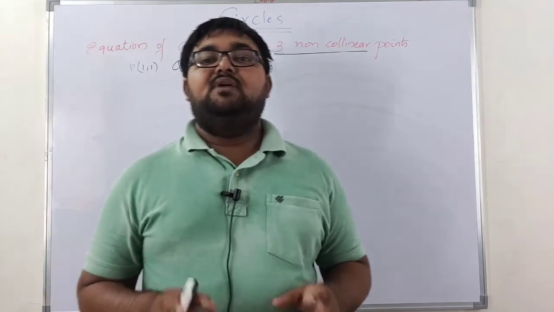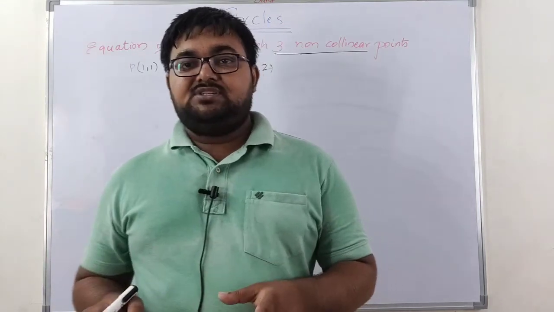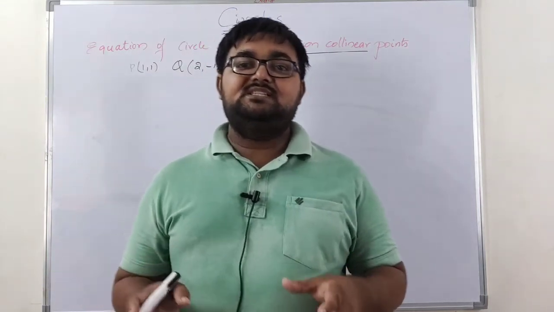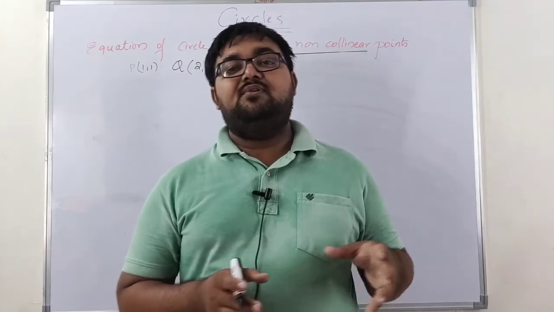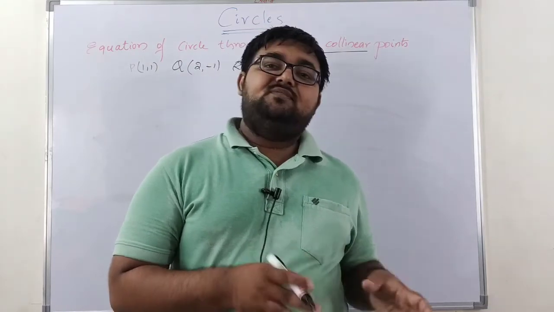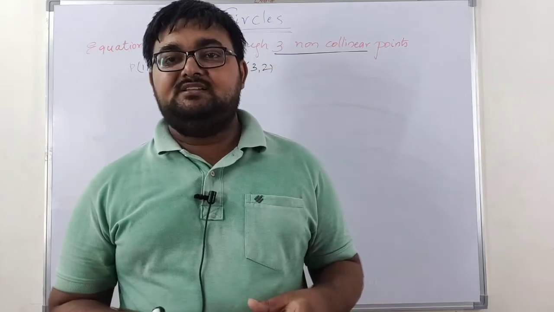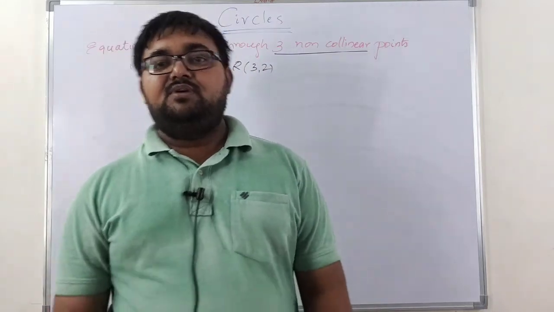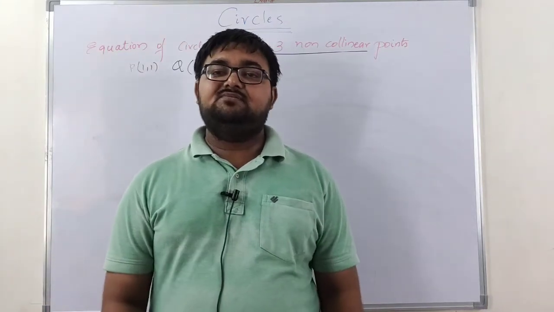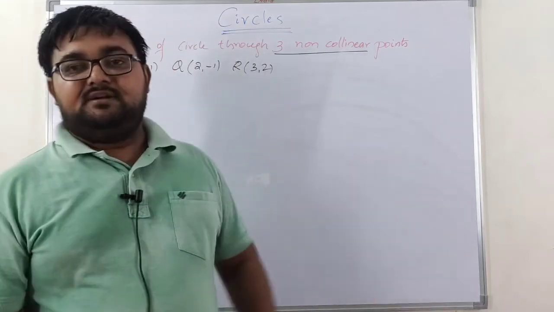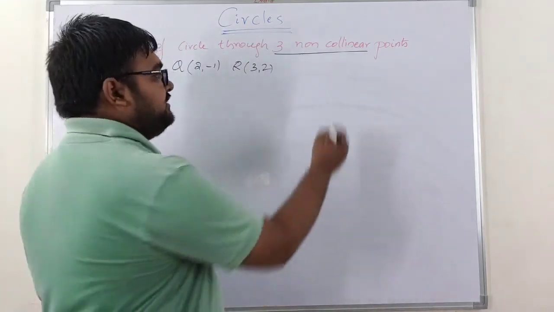So from that we used those equations. We used those distances of radii and found the center. From the center we found the radius, and using the center radius form we obtained the equation of the circle. Now in the third method, so what we are going to do is, see,